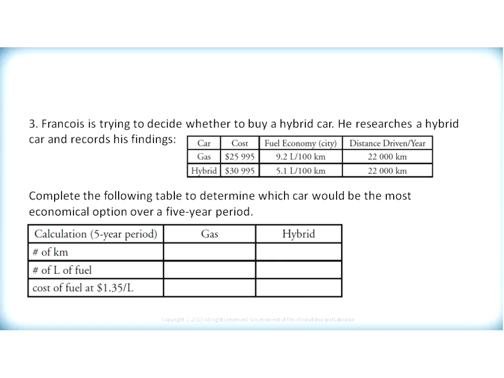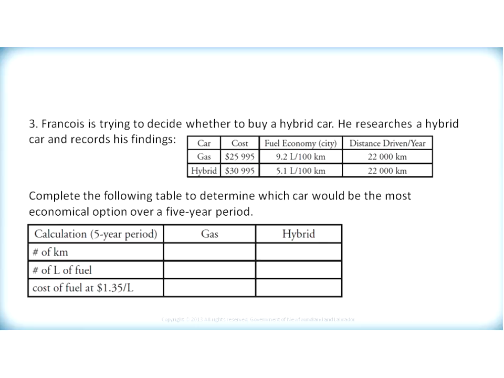Okay, here's question 3. Francois is trying to decide whether to buy a hybrid car. He researches a hybrid car and records his findings. So we see in the table here the cost of the hybrid car, the fuel economy, and the number of kilometers driven a year. We're going to complete the table below and use that information to help us decide whether he should buy the gas or the hybrid car when he plans to drive the car for